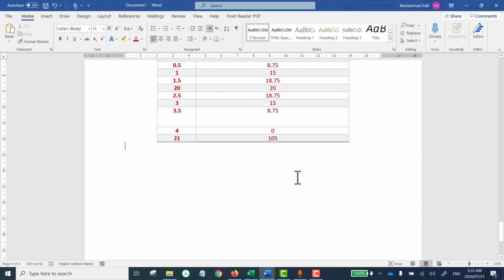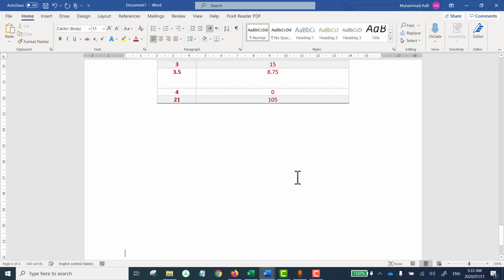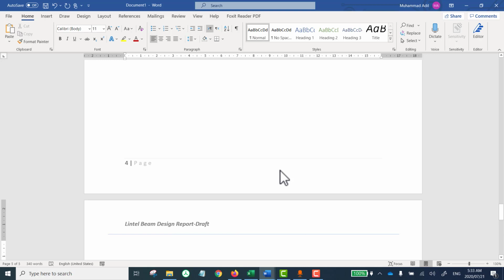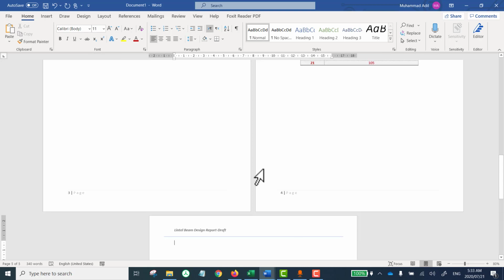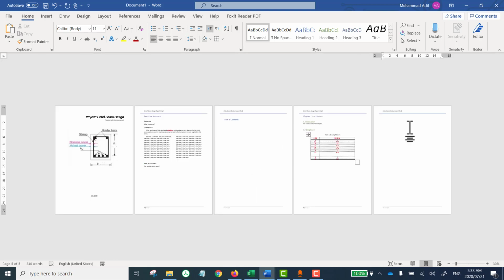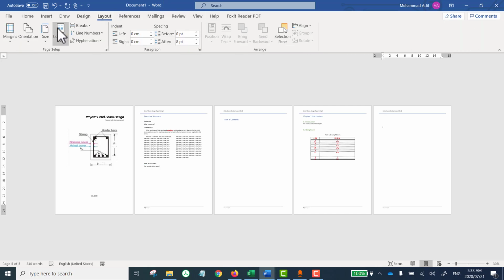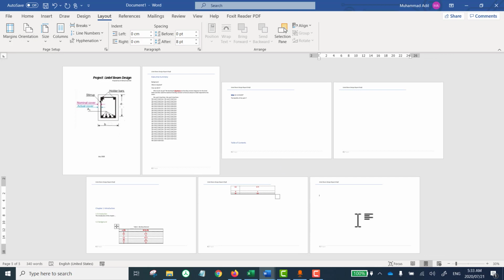Let me click at the end of the table and then press enter multiple times to go to the next page. And for example, now I would like to have 2 diagrams of bending moment and shear force to be on this page, but in a landscape form. So when I'm on this page and I click on layout and click on orientation and landscape, notice that all pages with the same format for the same section